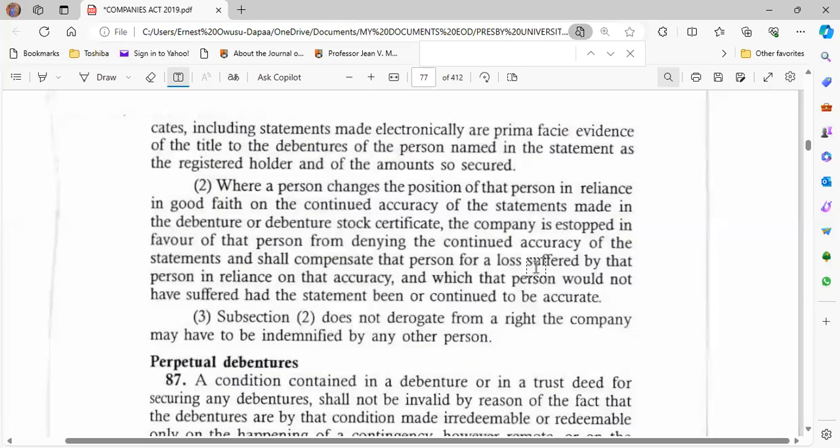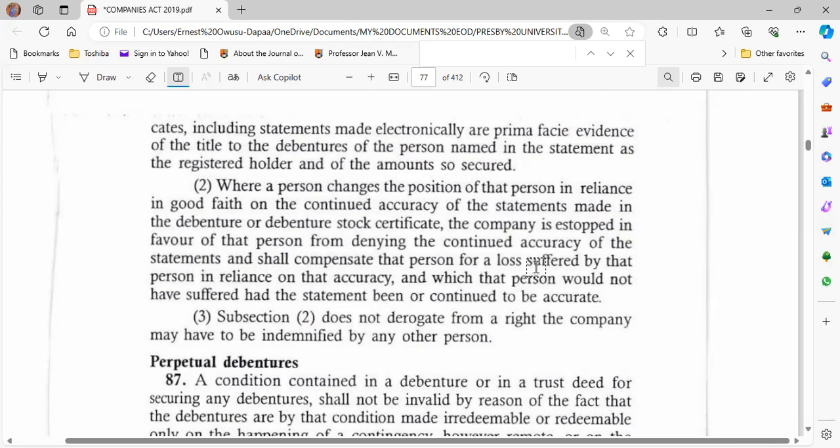Yeah, so section 86(2) is doing what we also have under this section 26, estoppel. That yes, the statements contained in the debenture constitute an estoppel against the company in favor of the third party who is relying on it. So the company or whoever gave the loan or the credit facility to the other person and is now seeking to enforce the debenture will be